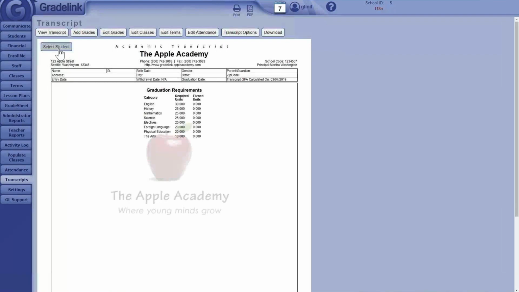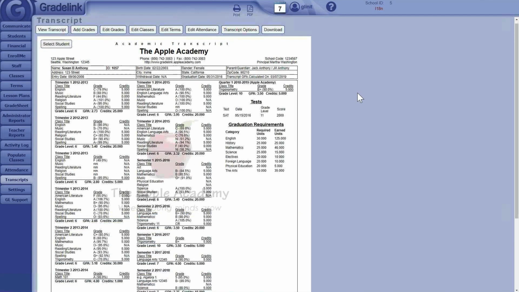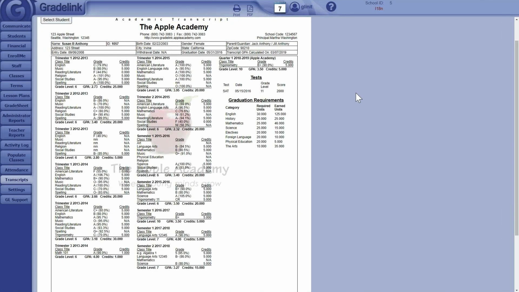Transcripts are largely similar, a little bit less customizable, but that's the nature of the beast, as transcripts need to be fairly similar from location to location in order for them to be easily digestible. That being said, there's still a large degree of customization that we can input when we're setting up your transcripts,